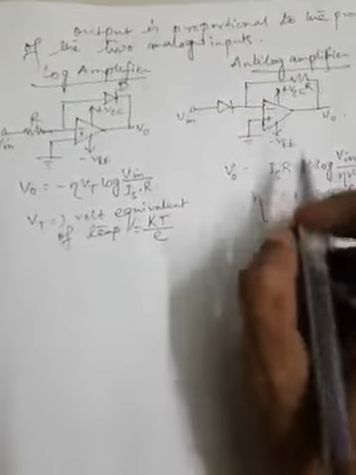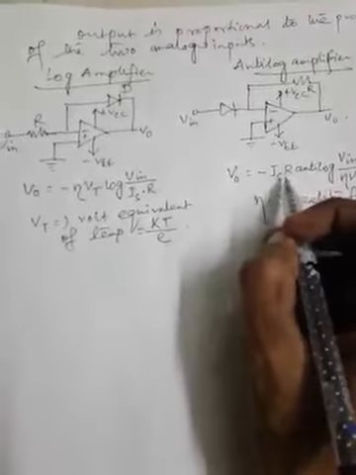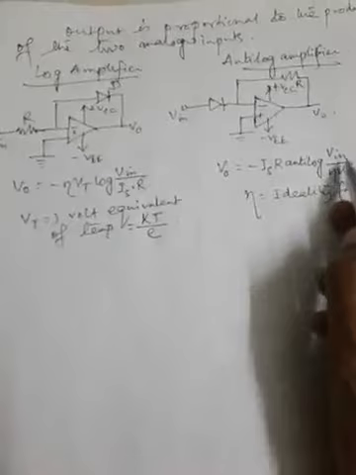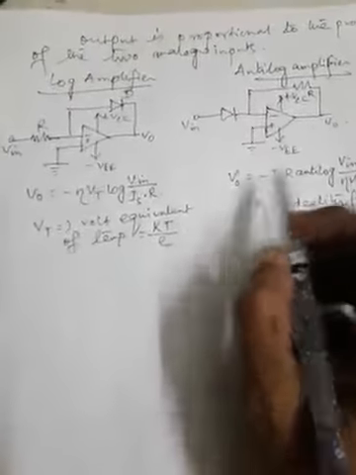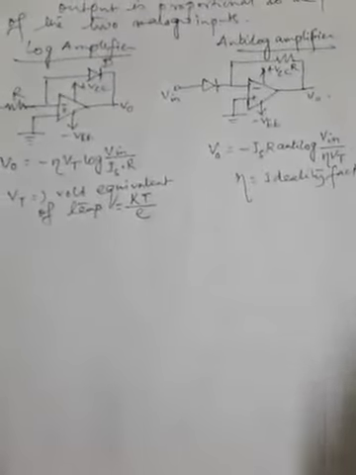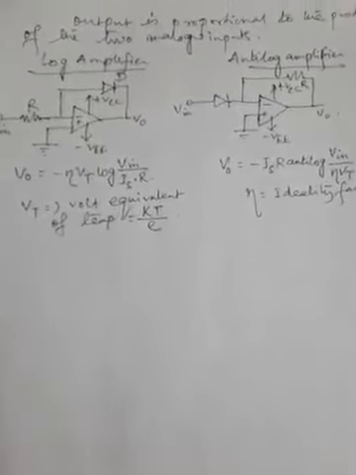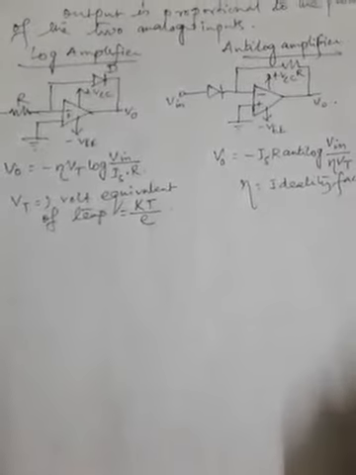Now once again, this negative sign is for inverting mode of operation. Is into R is the constant or equivalent to gain for this particular anti-log amplifier. So here the output voltage for anti-log amplifier is proportional to anti-logarithm of input voltage. These are the things we have discussed in the last two lectures. Now we will use this concept to understand the operation of analog multiplier.